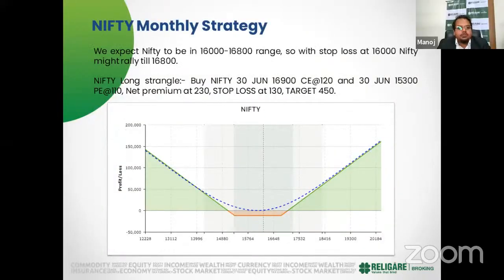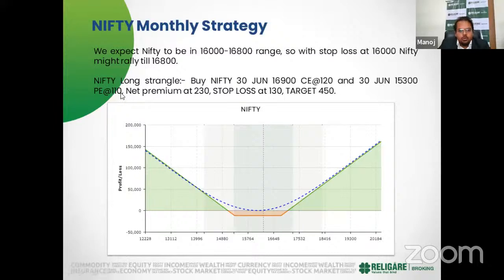So guys, obviously we are looking more from the June end month end expiry. So 30th June, as I was saying, June is a big month in terms of number of days. We have about 32, 34 more days. So buying a 16,900 strike call option for the June end, which is your 30th June expiry, the price of the call option is somewhere close to 120 rupees. And we combine it by buying the same expiry, which is your month end, 30th June, 15,300 put option at